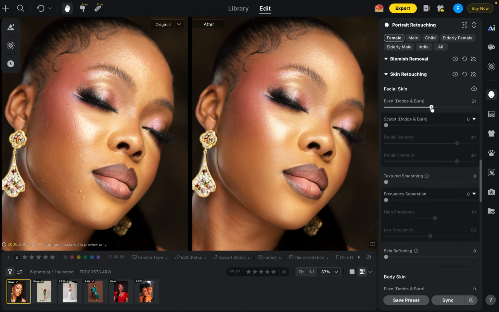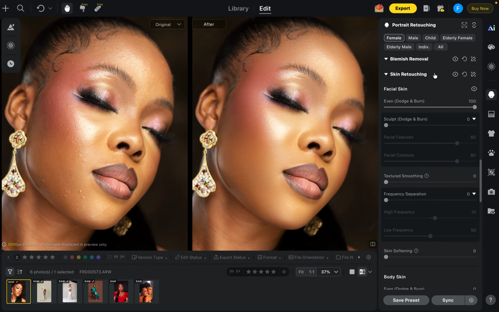So now if you want to retouch these images by sliding, let's take a look at 50%. You can see the before and after. In order to toggle that, just click on this eye here. You can see the before and after, right? This is just editing or retouching on the go. So you might want to bring this up a little bit more